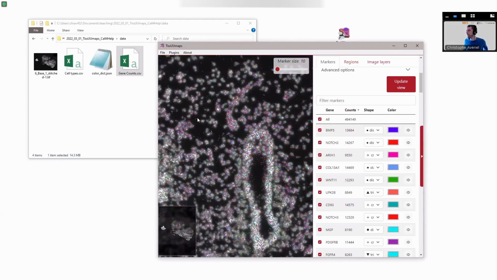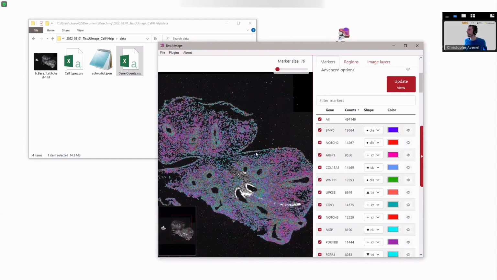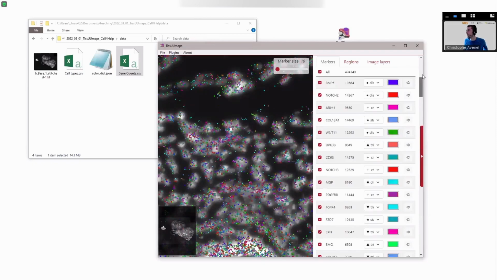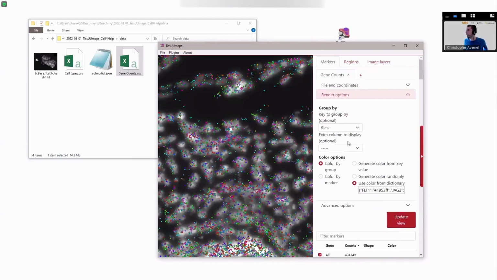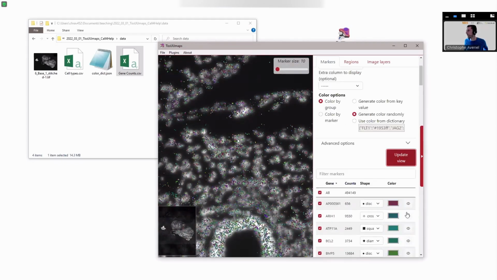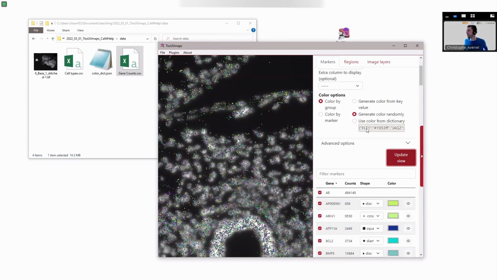So that's the basic settings. It's very fast to display any CSV file with any settings you want. And you can actually add more information. For example, if we had a barcode for each gene type, we could display it as an extra column here. Or we could play with the colors, put random colors for every gene, and then it will select different kind of colors. Or we could use a dictionary that uses one specific color for each gene, and we